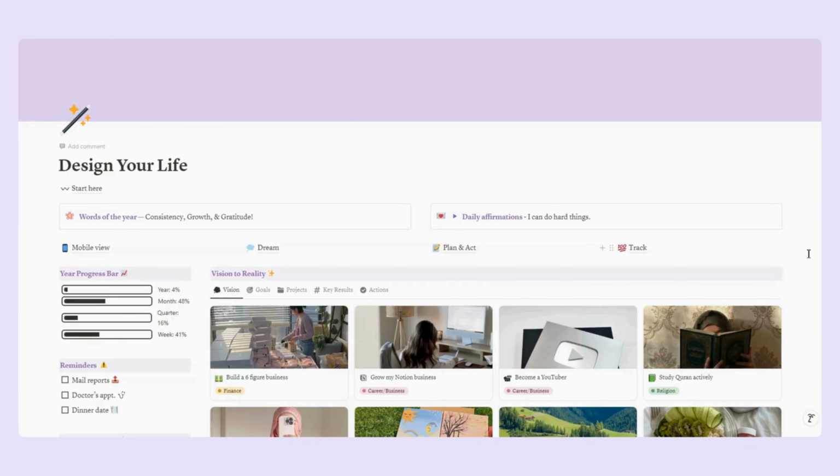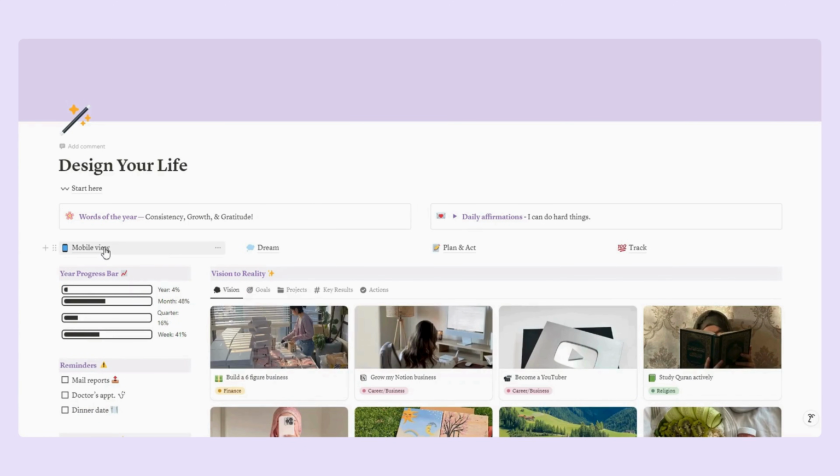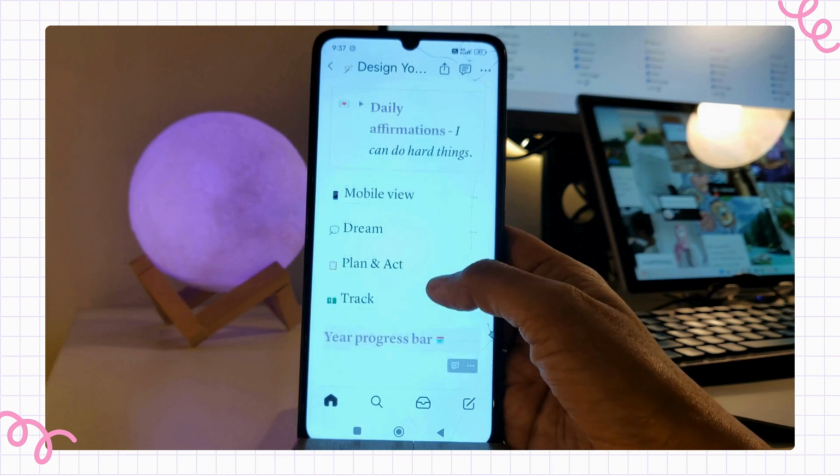So this is your home page, and the first thing that we have is the Start Here page, which is a step-by-step guide for quickly setting up the template. Then here you can write the words of the year, and next to it you can write down your daily affirmations. Next we have the mobile view, which is a simplified view of your databases optimized for